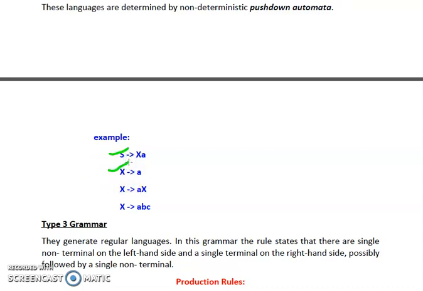All the capital letters represent the non-terminals and all the small letters represent our terminals. I have told you this many times in our previous videos. Now in the third production rule, again a capital X on the left hand side, that means a single non-terminal. So it is also correct for the left hand side. The left hand side of the fourth production rule also has capital X, a single non-terminal. So it is also correct.